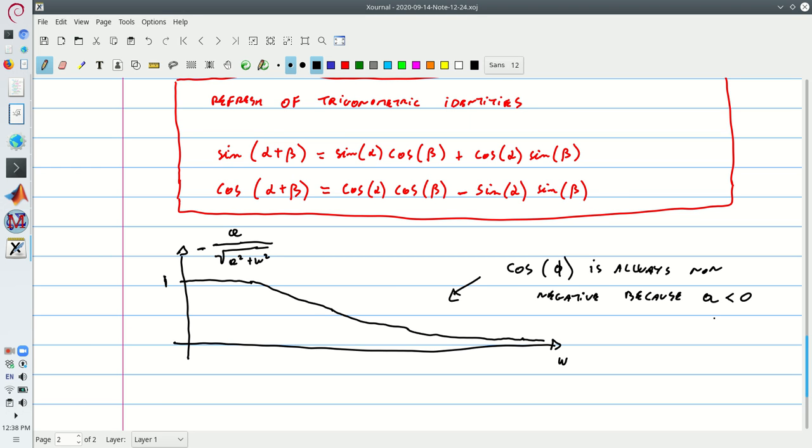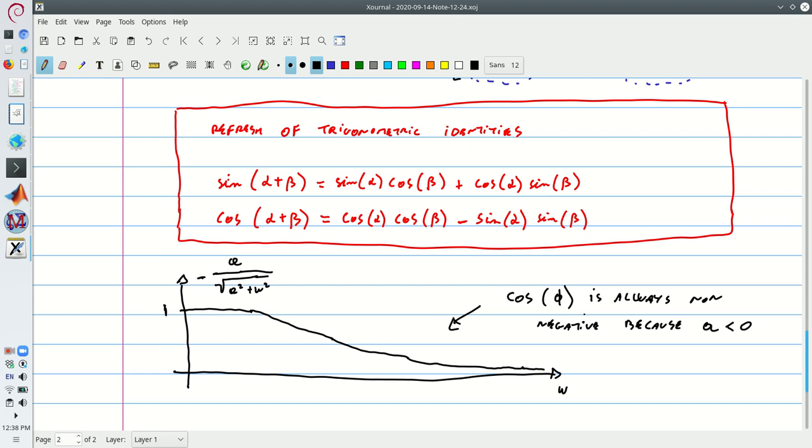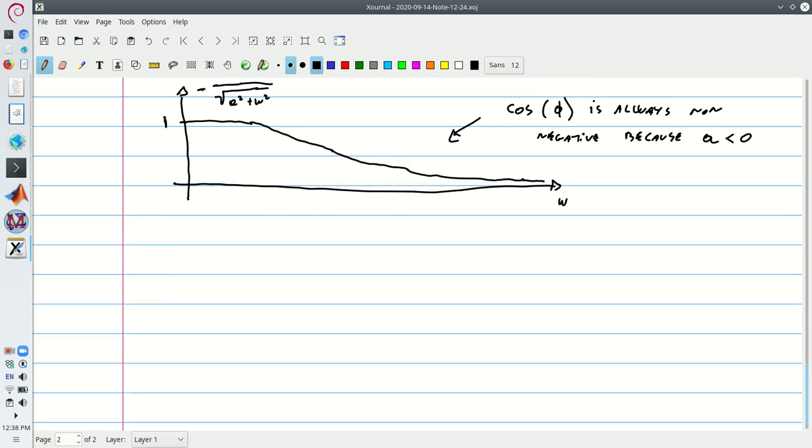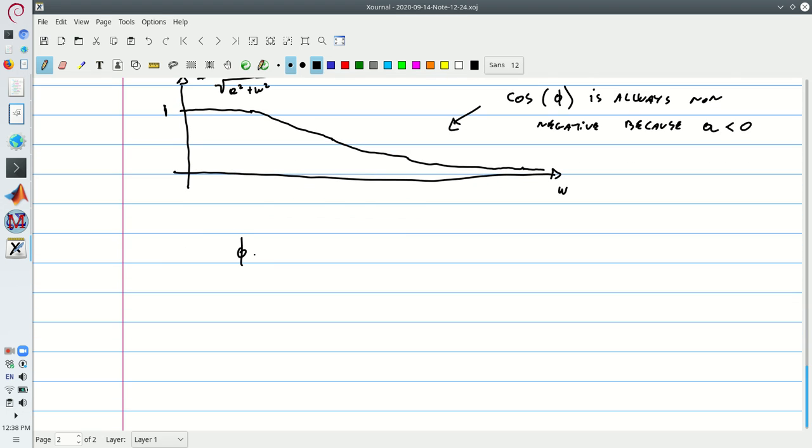That's what we had. So under this assumption, if the cosine is always non-negative, we have that our phi is given by the arctan of